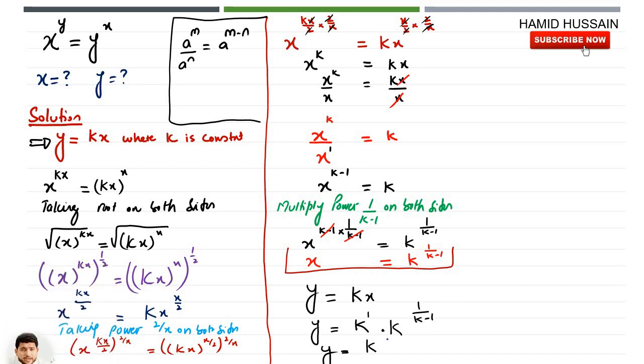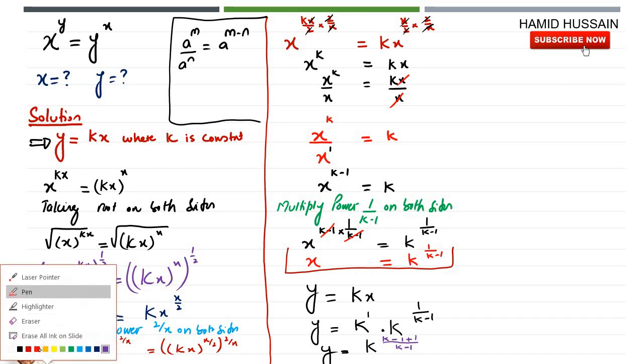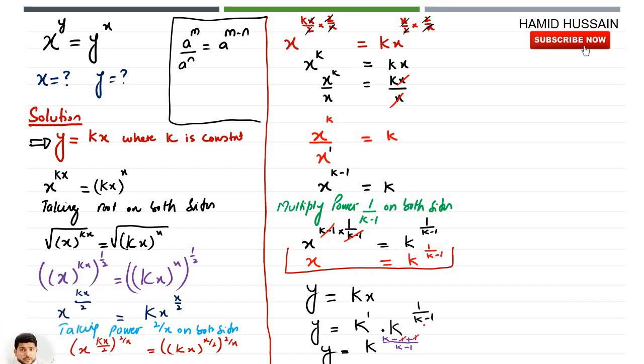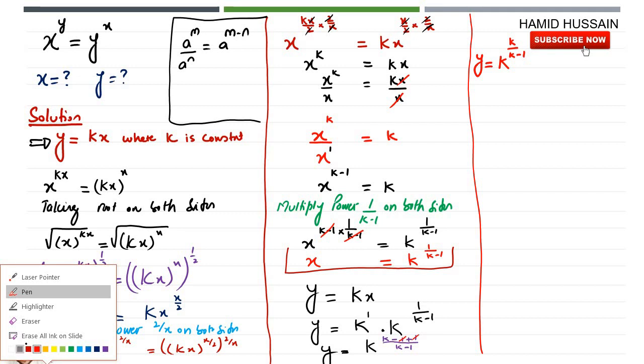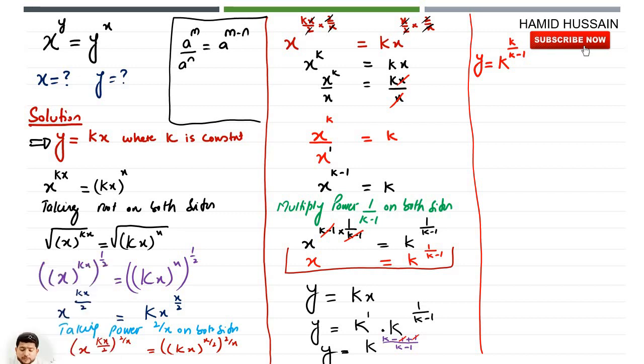So we're going to take the LCM of it. So what we're going to have is (k minus 1 plus 1) divided by k minus 1, and this will deduct minus 1 plus 1. So we're going to have y equals k to the power k divided by k minus 1. So now we have the answer of y and x, but as we know that k is constant, so let